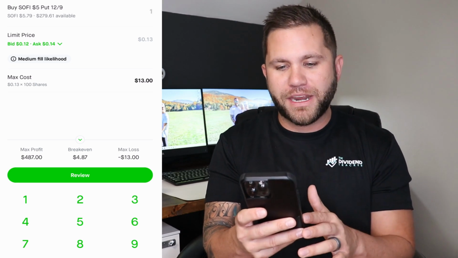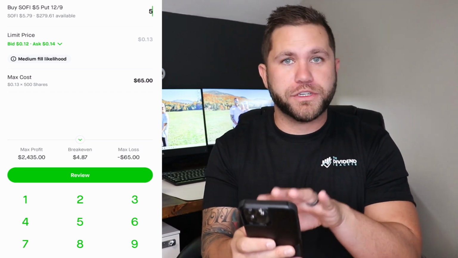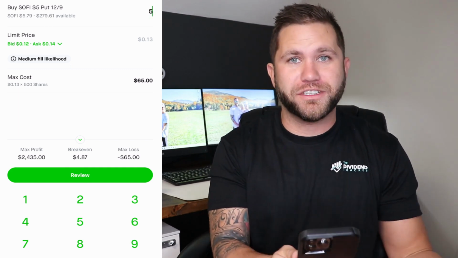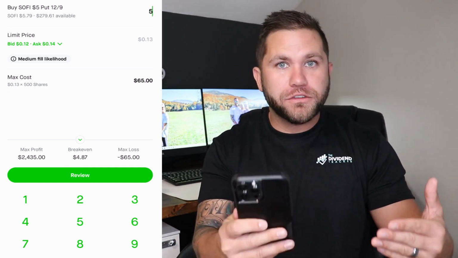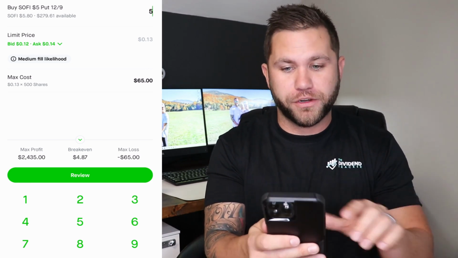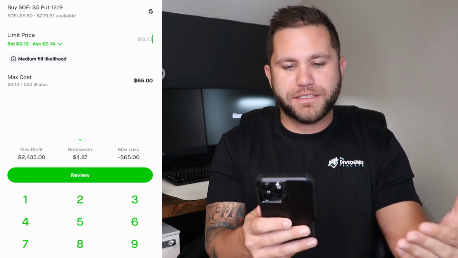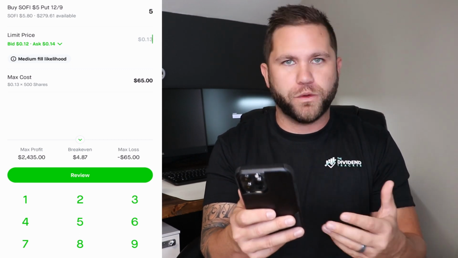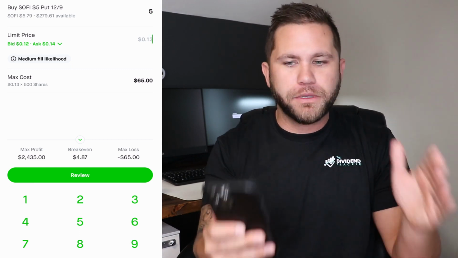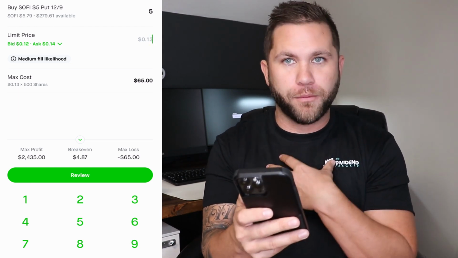Let's say I wanted to come in and I wanted to buy 5 contracts of this. Now each contract you purchase represents 100 shares. It gives you the option to purchase 100 shares with every contract you purchase. So again, 5 contracts we're going to put here. We're going to go ahead and set it at the limit price of 13, which is what Robinhood is recommending, right in between that bid ask price. So that would be a total max cost for us of